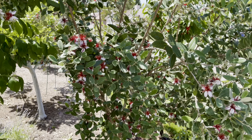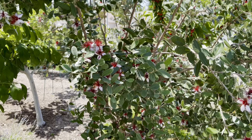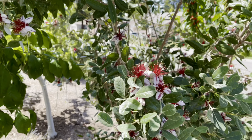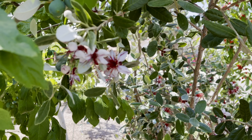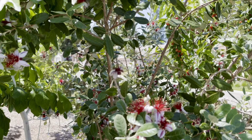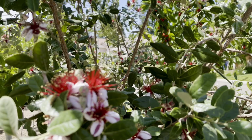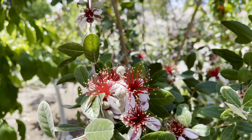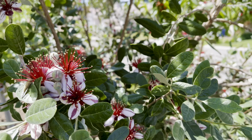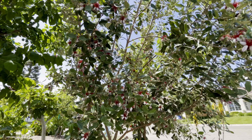It is how many flowers, and the cherries as well, but how many flowers the pineapple guava has this year. Now, what I did differently this year was I didn't really prune anything. So I don't think that pineapple guavas, let me see if I can just do ultra wide, if you can really see. I don't think that pineapple guava